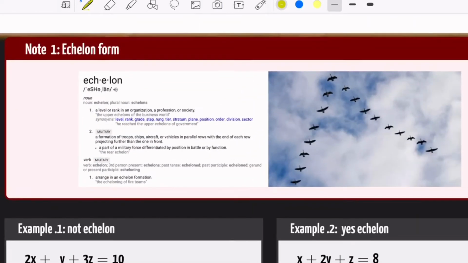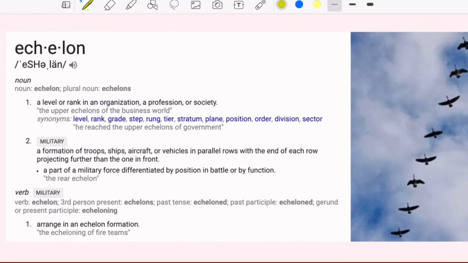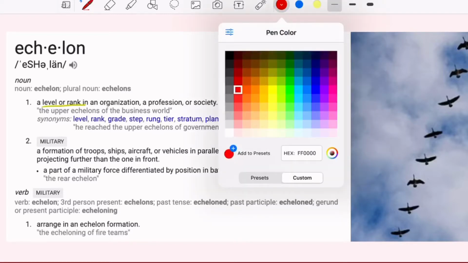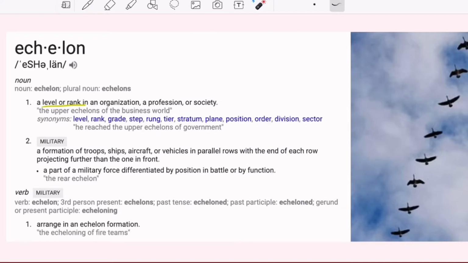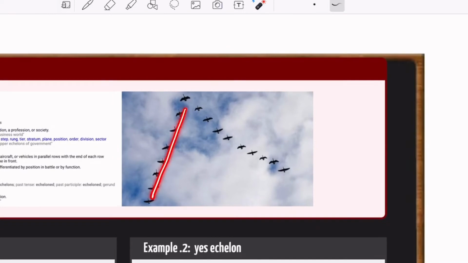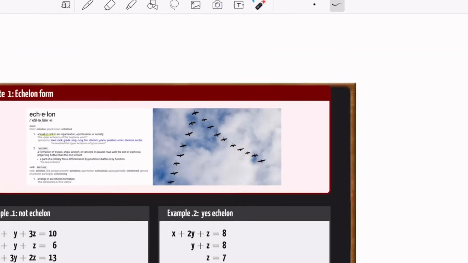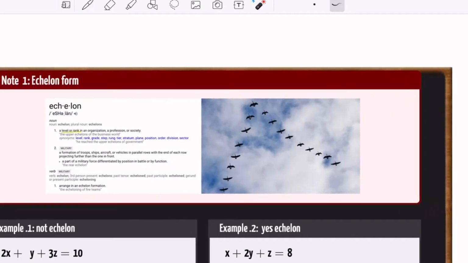So first, the word echelon, of course, has different meanings if you look it up in the standard dictionary, but the meaning that we're interested in is this specific one. Formation in rows where each end of the row is projecting further than the one in front. So here, the birds also fly in echelon form. You've got this pattern where each row projects further than the previous one. That's an echelon